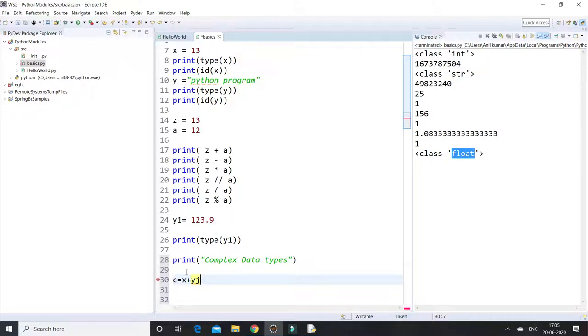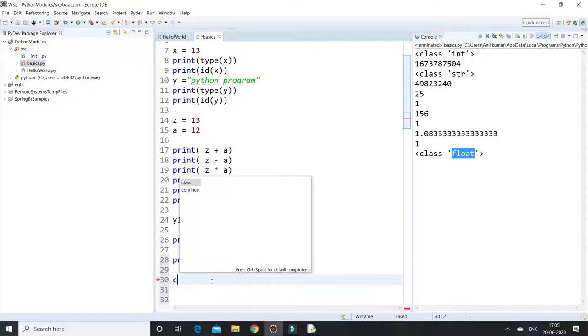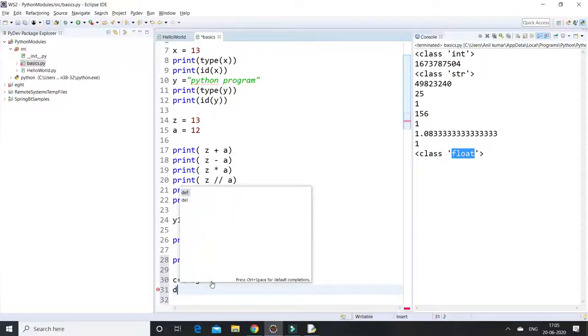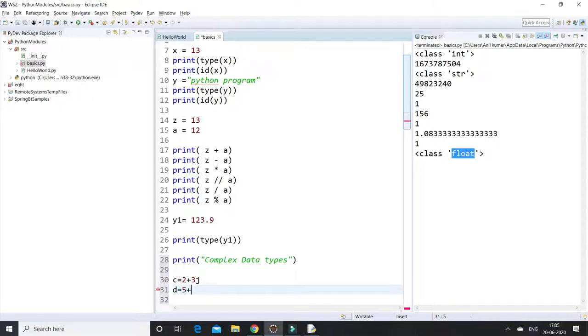So here, the j is a complex number. Before the plus, x is declared as a real part and this one is declared as a complex number. So I am going to declare complex numbers: c equal to 2 plus 3j, and d equal to 5 plus 5j.